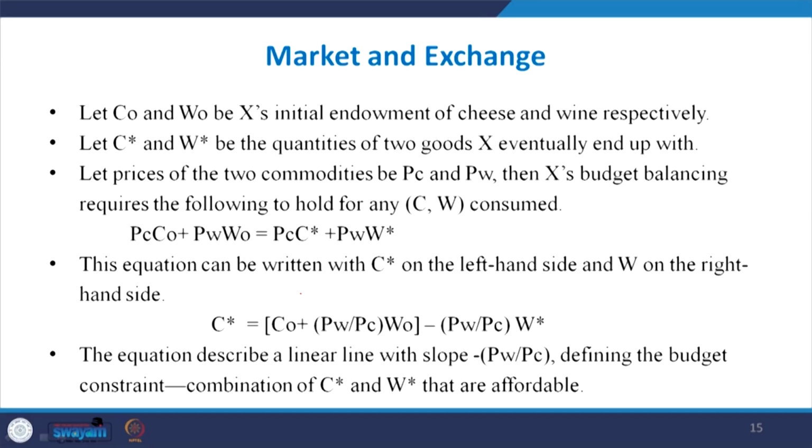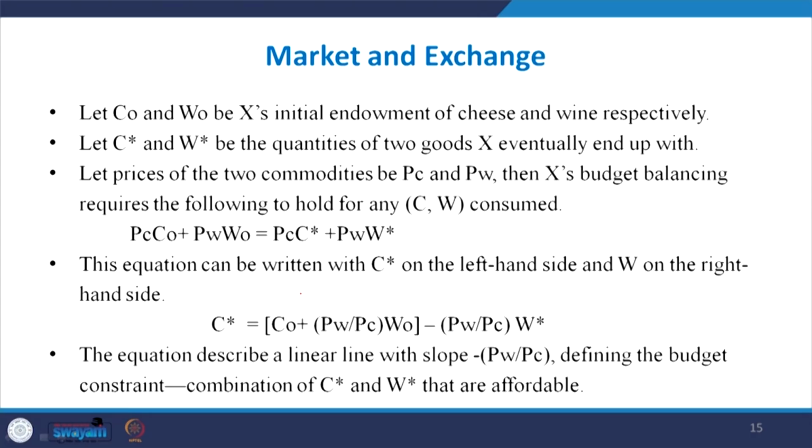So, after the exchange, C star and W star are the quantities which will be received by X. Let the prices of the two commodities be PC, the price of 1 unit of cheese, and PW, the price of 1 unit of wine, and we can now make X's budget balancing equation by taking the value of the two products held by X. For example, if you multiply the initial quantity of cheese available to X with the market price, you will get the value of cheese. So, PC C0 plus PW